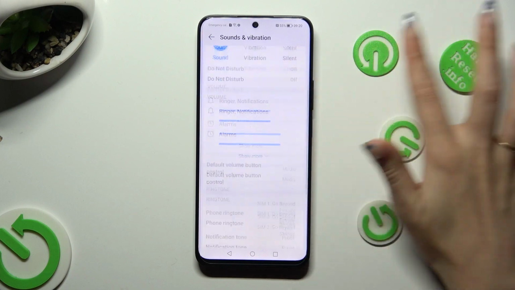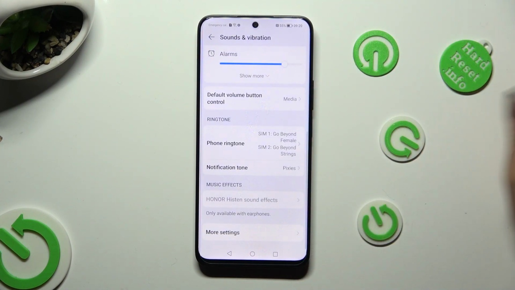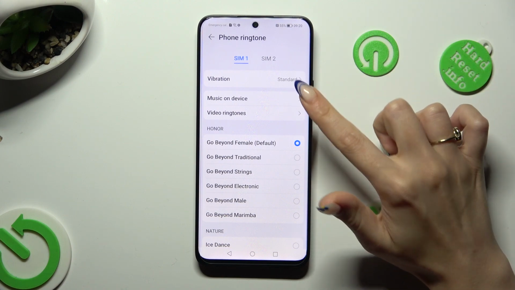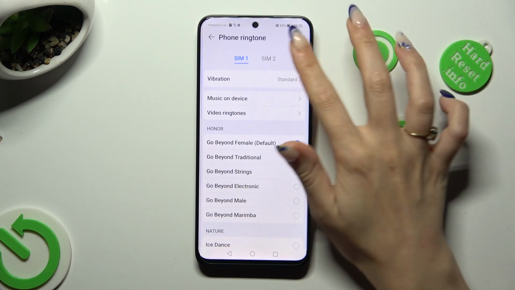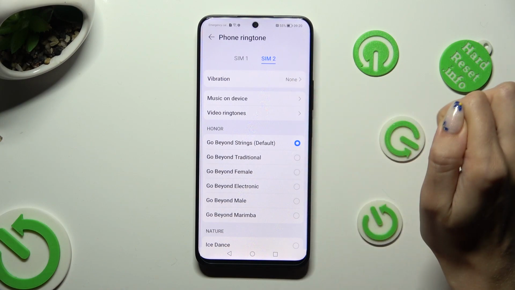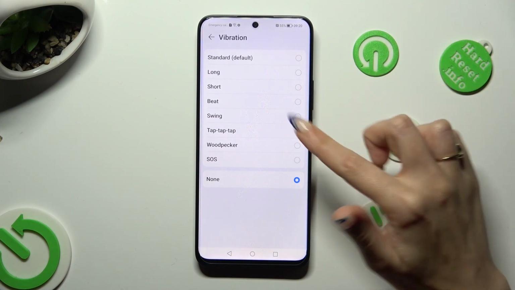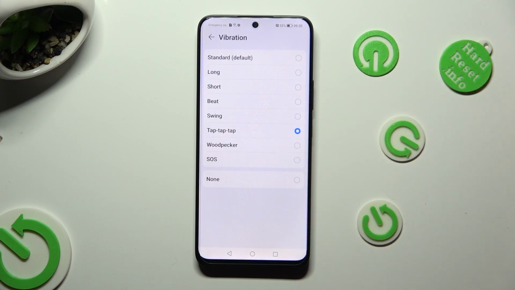Then scroll all the way down, click on phone ringtone, and access vibration section for theme 1 and theme 2. Now apply the best vibration pattern for your incoming calls by picking one of those, or disable it completely by